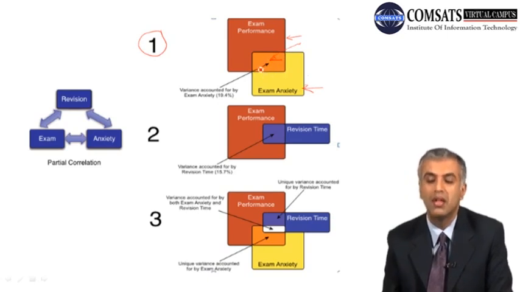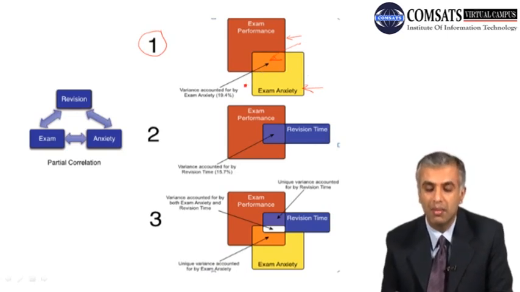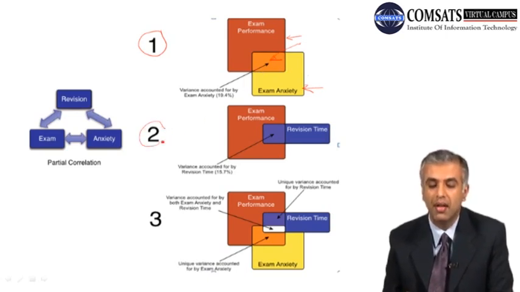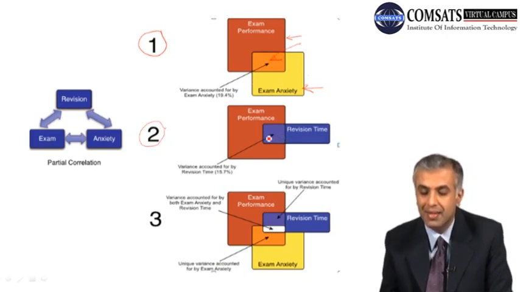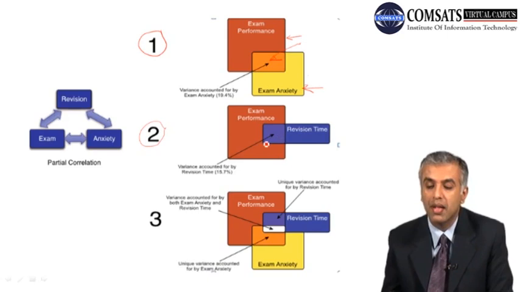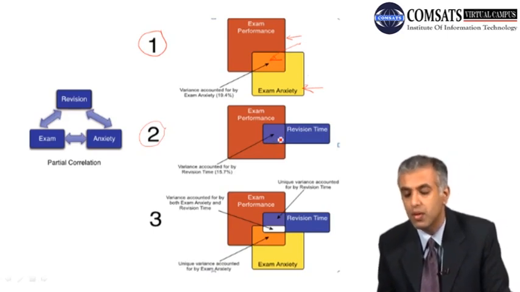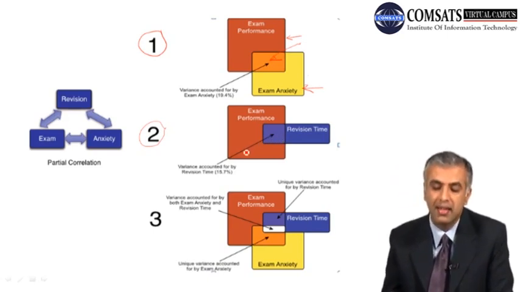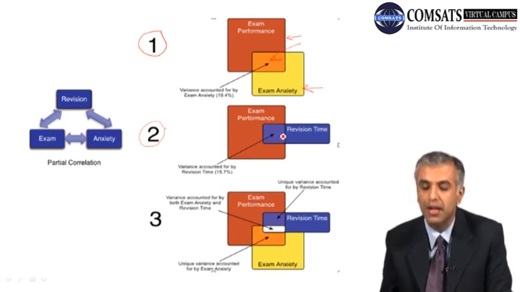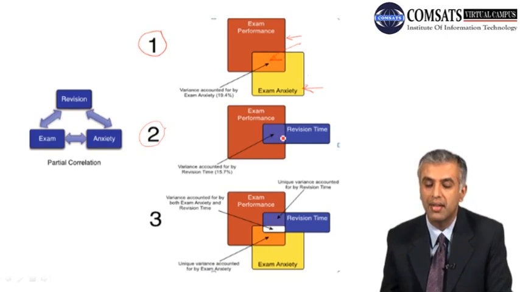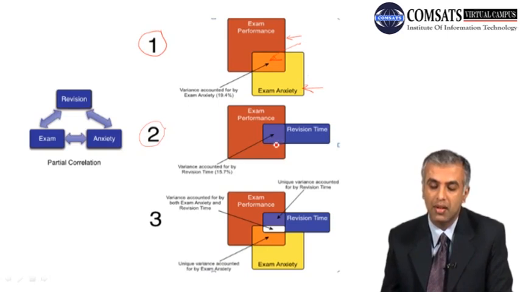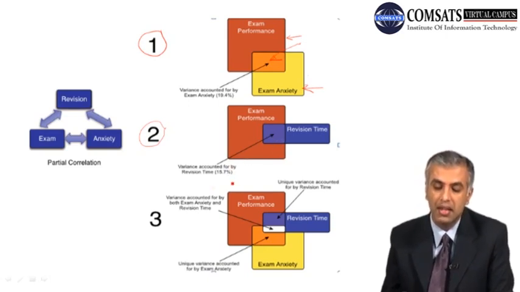between these two. Now coming to step 2, we can see the correlation between exam performance and revision time, and if we square the correlation coefficient, we can see that the variance accounted for by revision time is 15.7%, which is shown by this common area between these two. Likewise, in step 3,